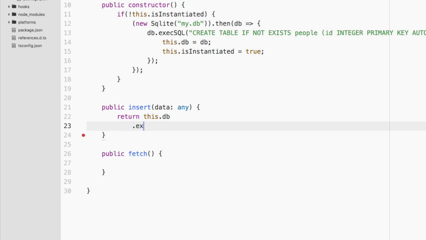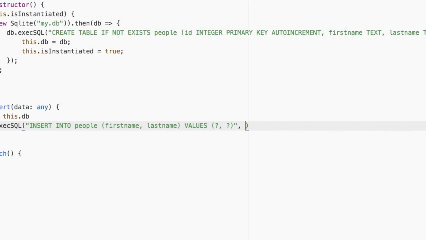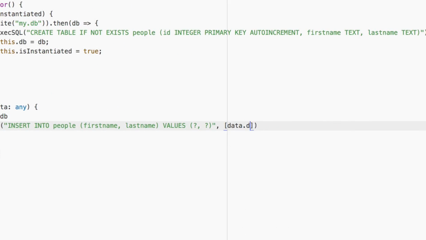dot execute SQL, and we're going to enter our query now. So we're going to say insert into people. We're going to insert a first name and a last name. Remember, the ID is auto incrementing and it's a primary key. We say values, and this is a parameterized query. So we have two parameters that we will be passing with data. So you'll do comma, and let's say data.firstname, data.lastname. So whatever was passed, and we can just close it off with a semicolon